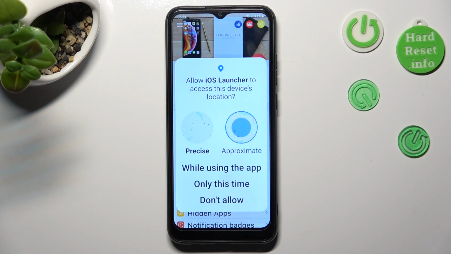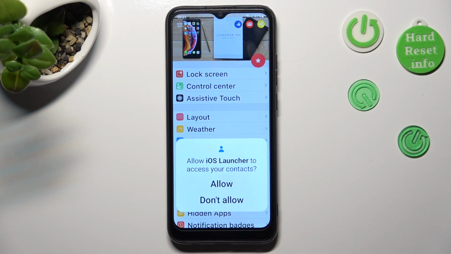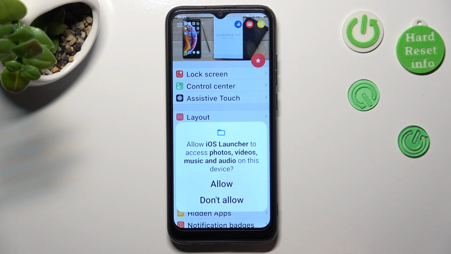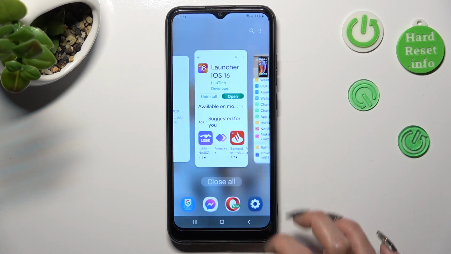In order to use it, select while using the app or only this time. Then choose Allow in the pop-up and Allow in the other one. When you're ready, close iOS Launcher app